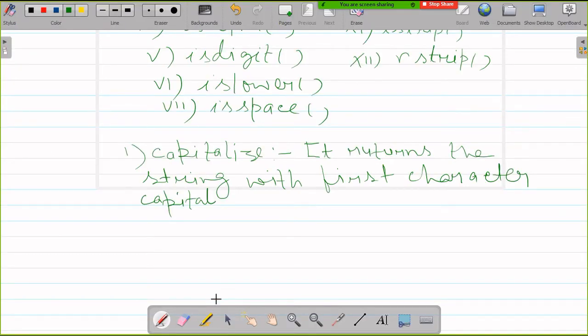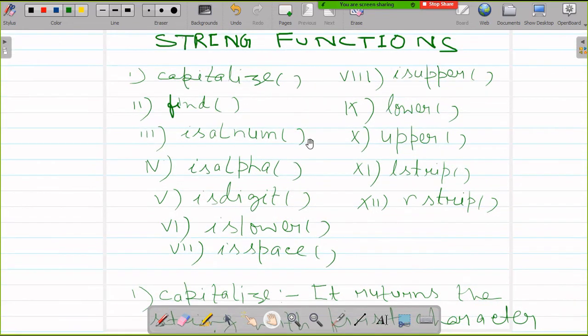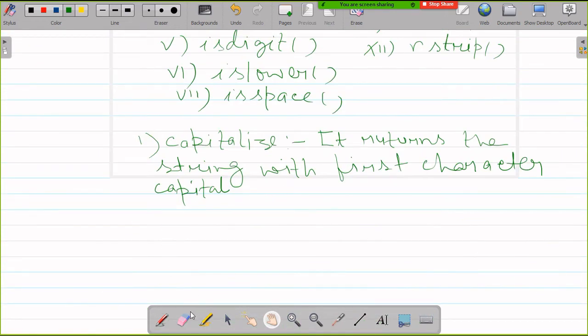So the next function we have is the find function. The second function is the find function. This function returns the lowest index value.